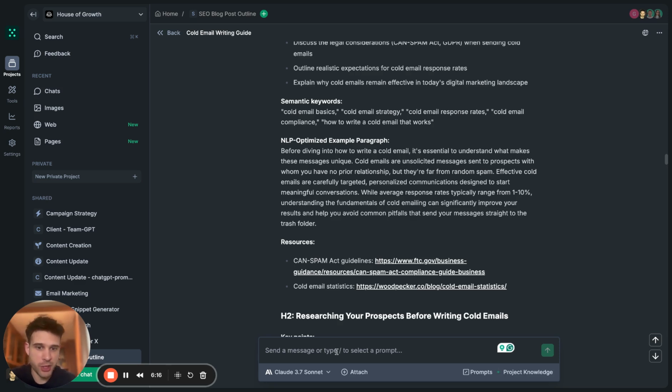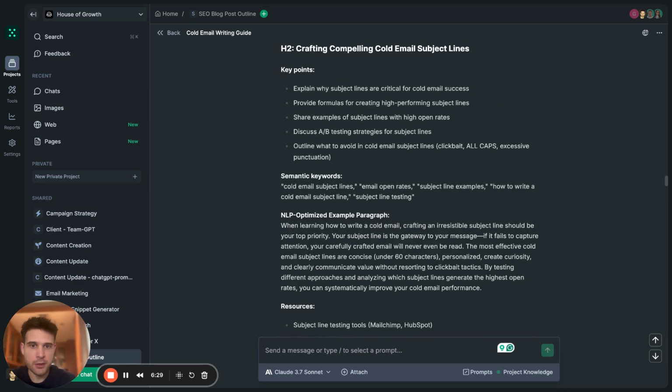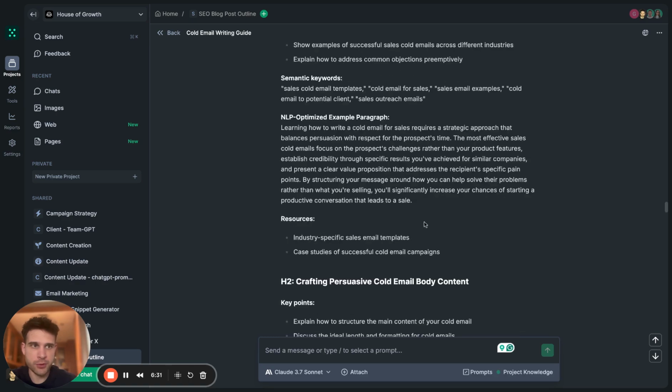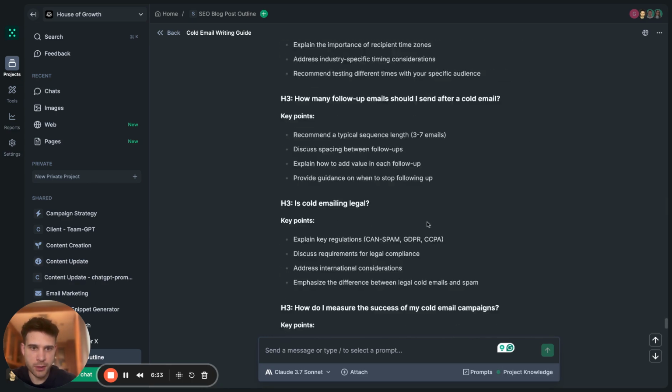And sometimes I'll go to chat and ask, why is this paragraph NLP optimized? Or I will compare this with an existing paragraph so that my writer can understand why this paragraph is NLP optimized, right? So once this is done, what we're going to do is we're just going to go here